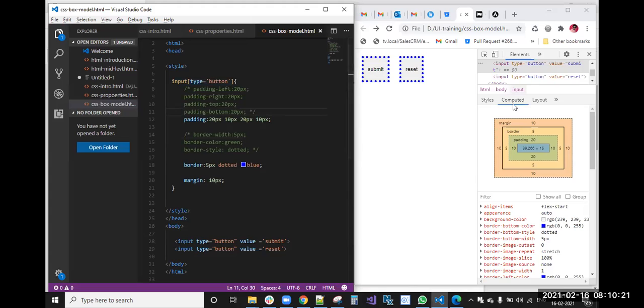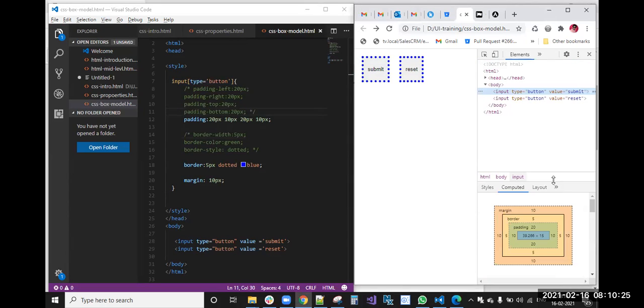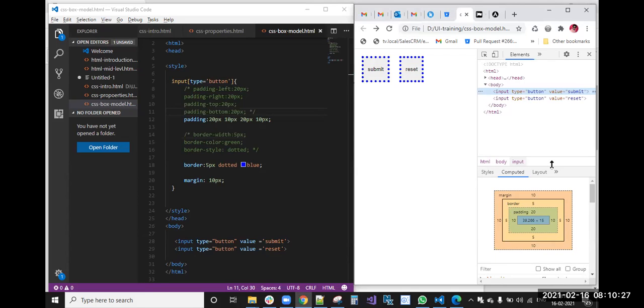Okay. Yesterday we discussed the box model, right? Don't confuse that box model in real time while we are developing; we'll see the padding and margins, everything. But you need to know the concept of where the padding will apply, where the border will apply, and where the margin is applied. Because of that, I drew that picture and showed you the box model.